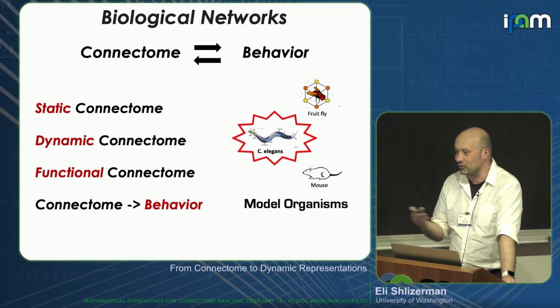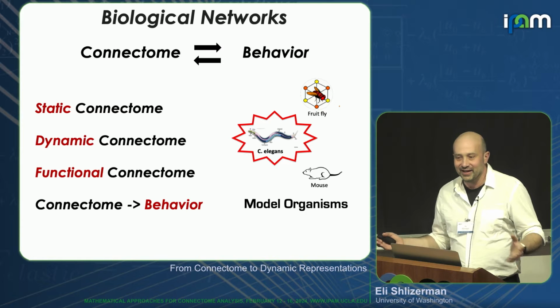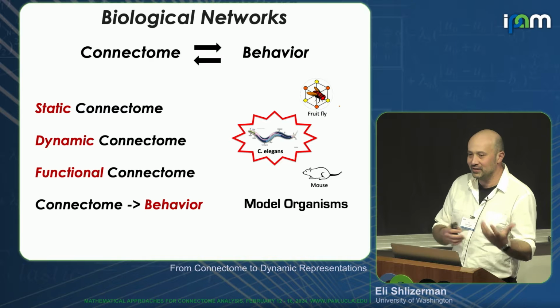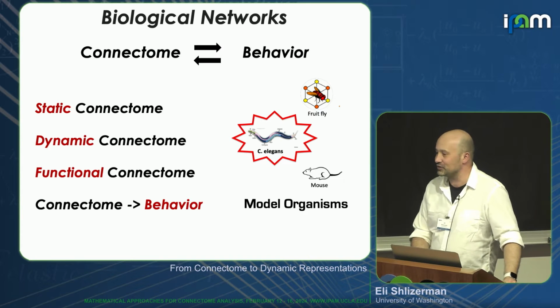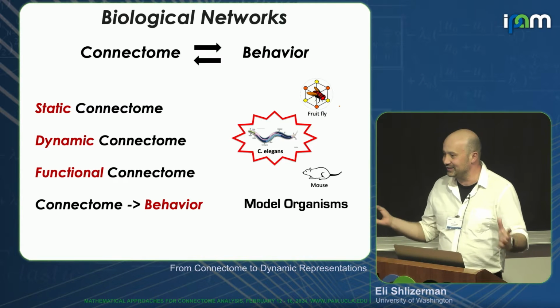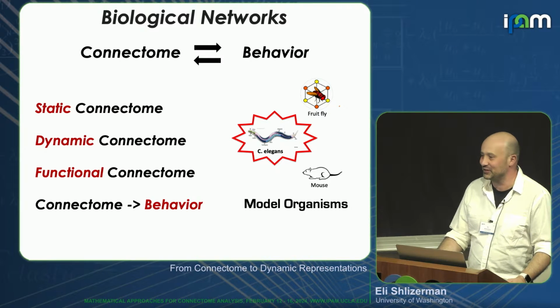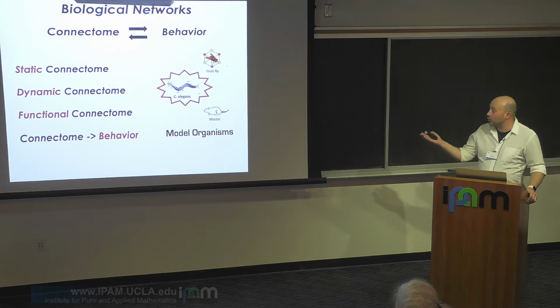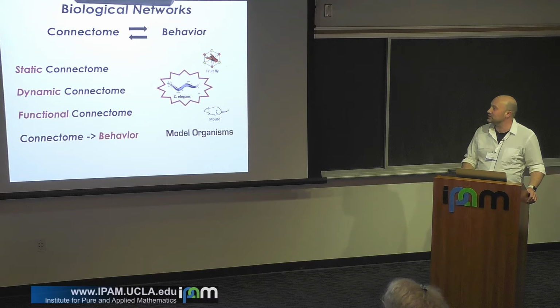Eventually our goal is to get to behavior, and as I hope to show, also back to structure, although that is really the closing-the-loop question. I will be mostly focusing on model organisms,